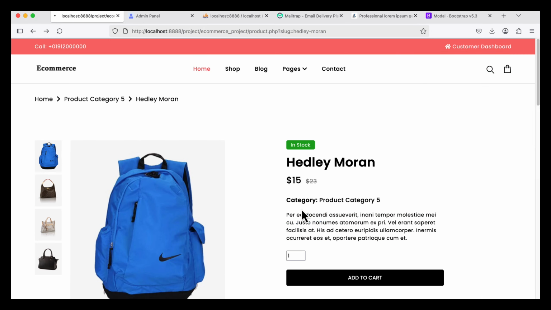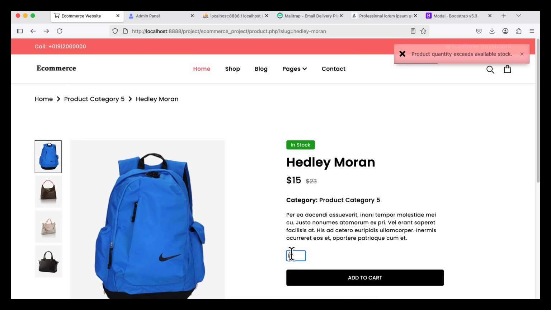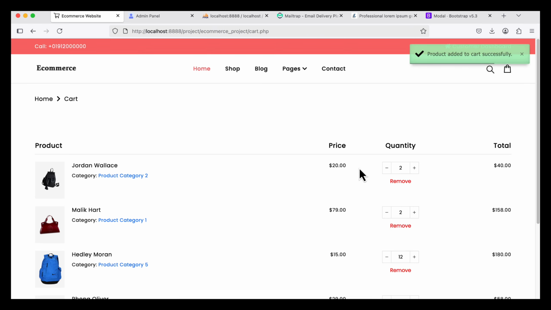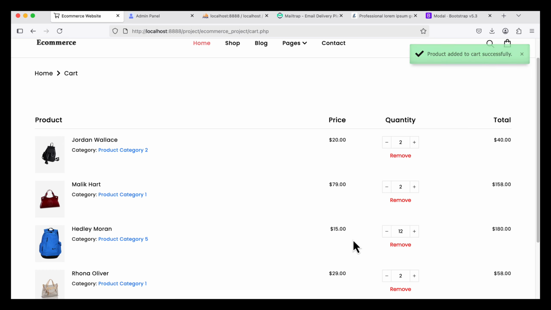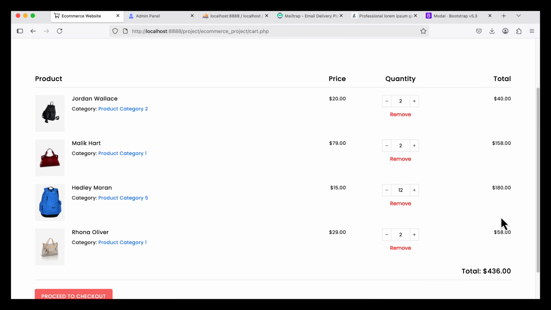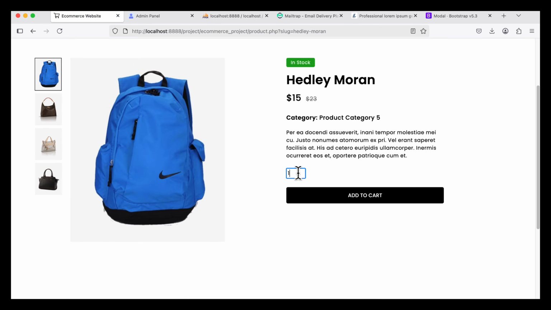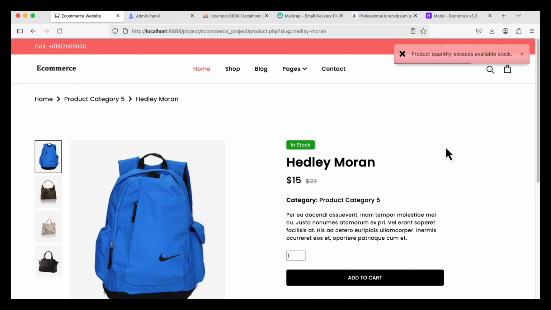So I cannot give 10. You see, it exceeds. But if I give 9, it is possible to add. You see, yes, added. So a total of 12 items will be added here. So 180. If you now go here again and want to add 1 item, it is not